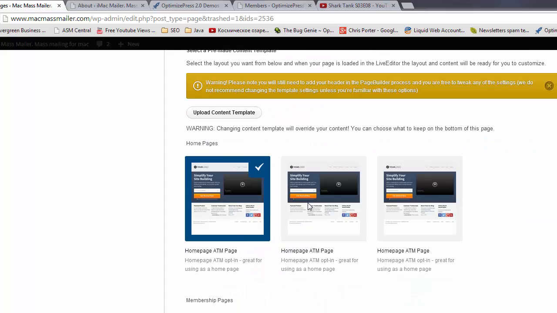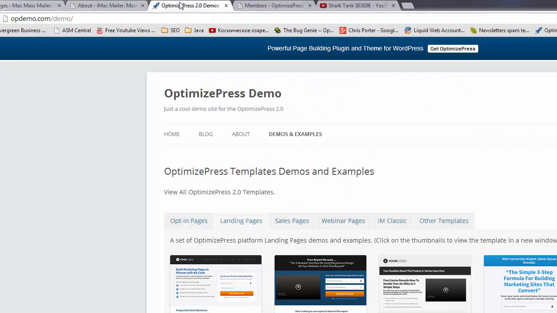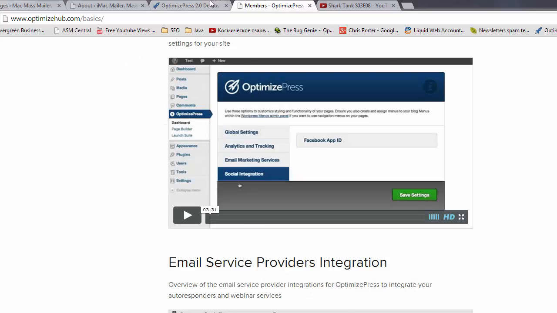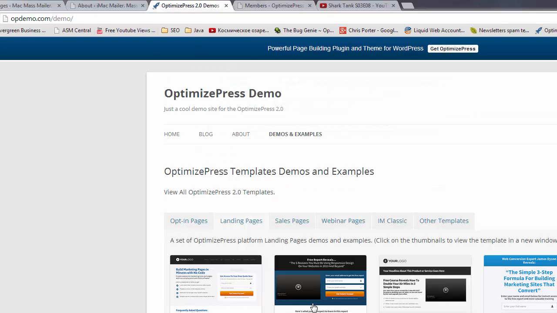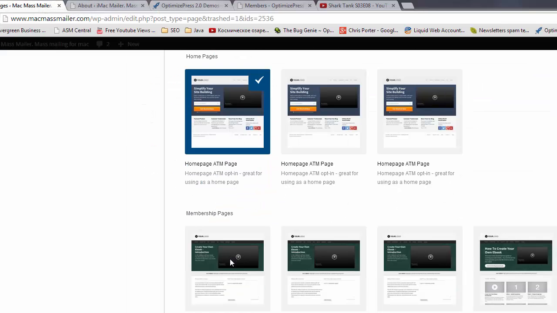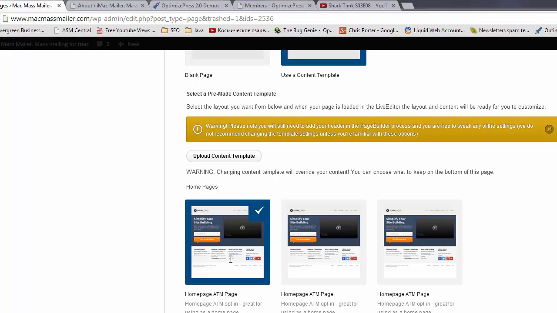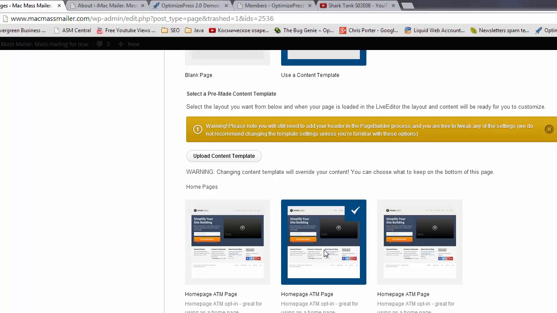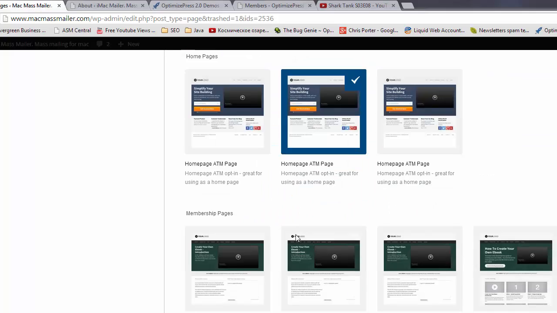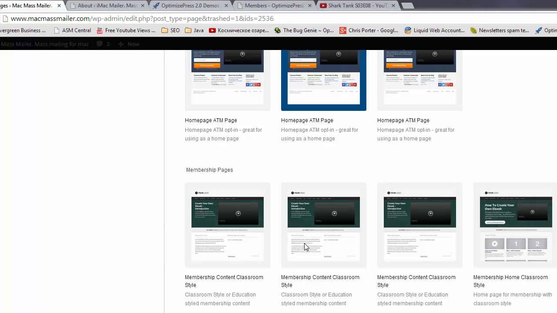And those are templates that you saw in the OP demo, right? The OP demo website, this one. Those are the templates. And you can choose one of the templates by name or by the looks of it. Or you can upload template. You can download any template and upload it here. So let's say I'm going to see home pages or membership pages,